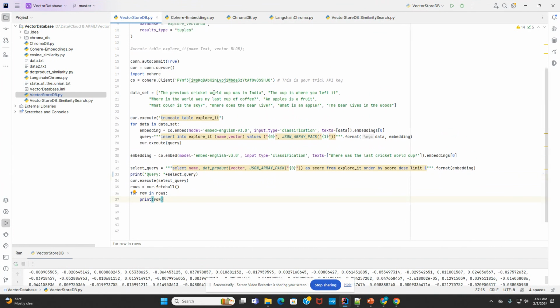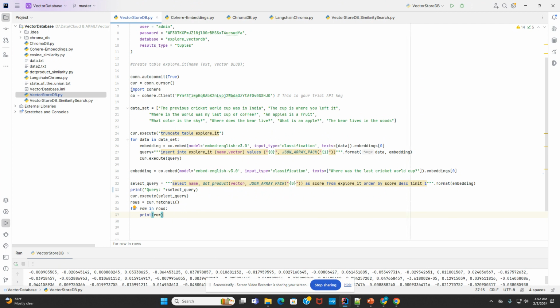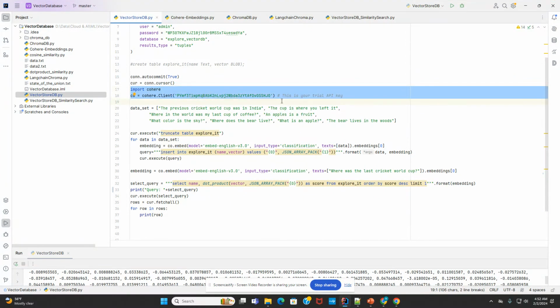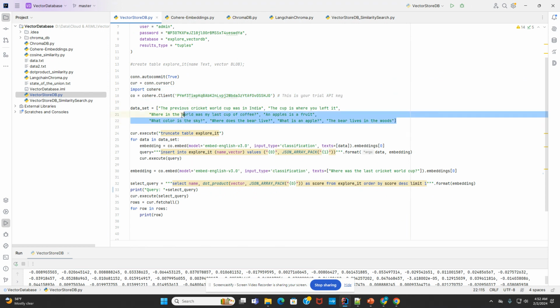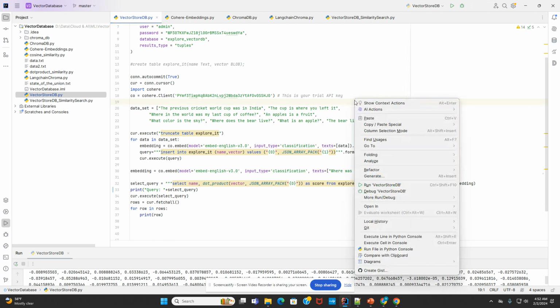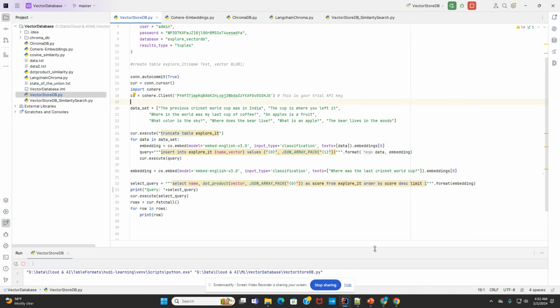And also here I wanted to mention that for generating the embeddings I am using the Cohere embeddings. We have seen this in one of the previous tutorials. I'm using the Cohere embeddings key to store it. So let's go and run this one and see what results we are getting. So if I go here and run it,